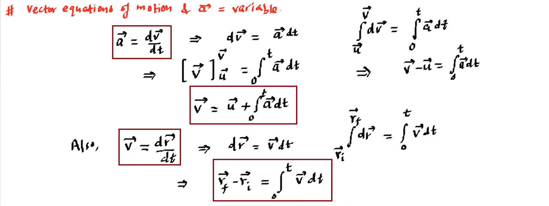So if the displacement is known to us, from displacement we can find the velocity, and once we find the velocity we can come to this and use the velocity to find acceleration. And if acceleration is given to us, we can use this equation to find velocity using acceleration. Then we can come back to this and use the velocity to find displacement. So this is how the cycle goes, and we can solve in either way. Either we will be using differentiation or we will be using integration, including the vectors. If you look carefully here, we are using all the mathematics that we have learned: vectors, differentiation, as well as integration.